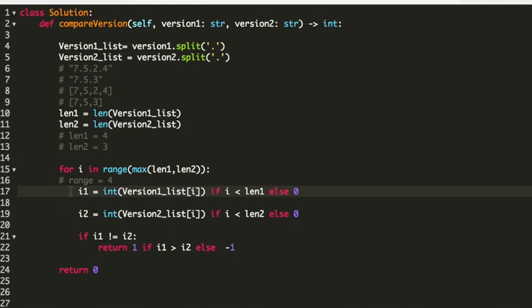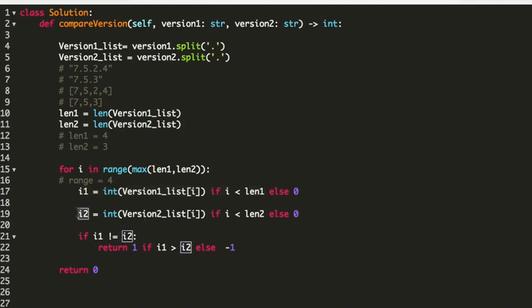Next, on line number 17 and 19, I have initialized these two variables I1 and I2, which I use to iterate over both of the versions. So my i will keep iterating over the list, and when i is smaller than the length, it is going to take the element, otherwise it takes 0. So since my version 1 list has a length of 4, I will keep iterating until the range of 4.